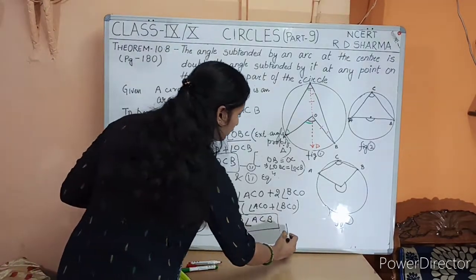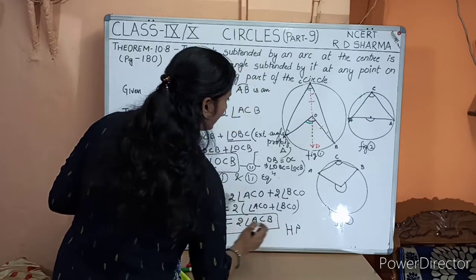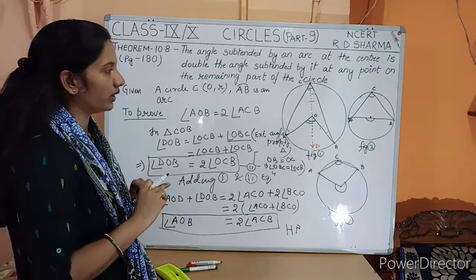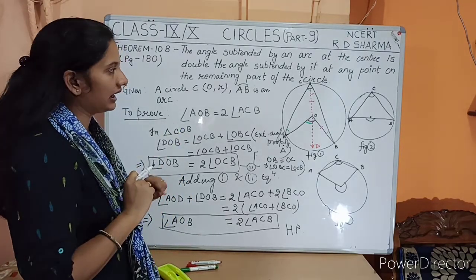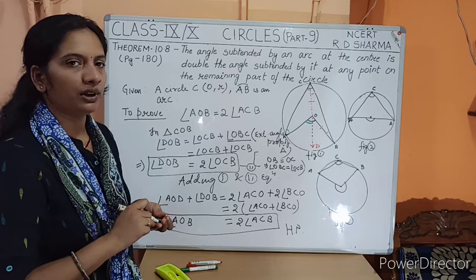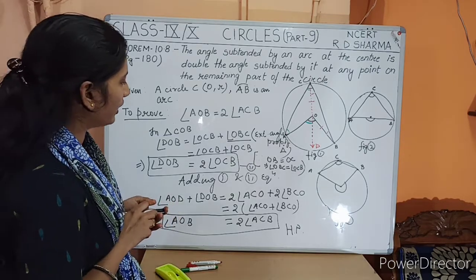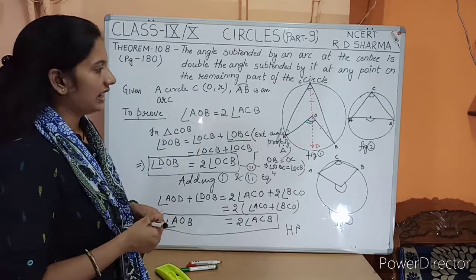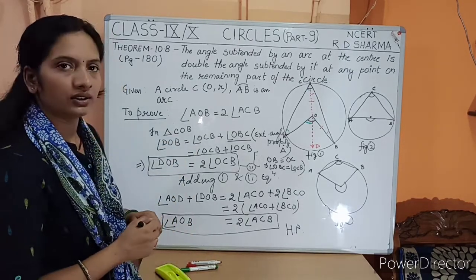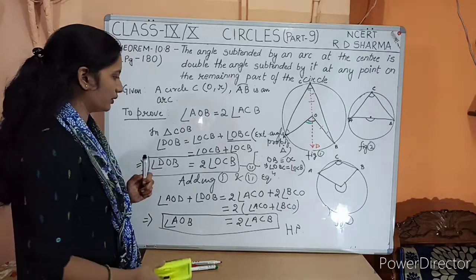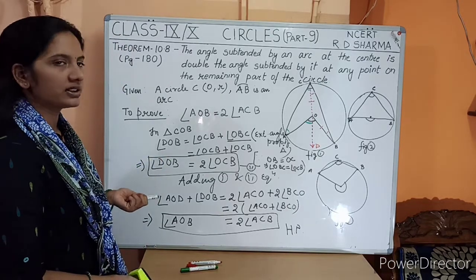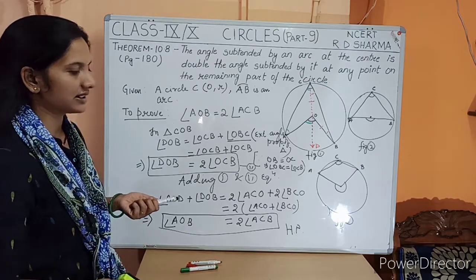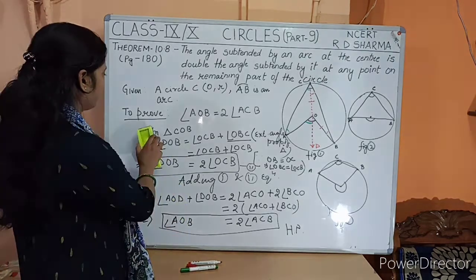So this we have proved for case 1 and 2, means for figure 1 and 2. In figure 1 the AB was the minor arc, and in figure 2 the AB was the semicircle. So for these two cases this theorem is proved. Now let's see figure 3. If you want to note it down, pause the video and note down. After this we will discuss the case 3 condition.